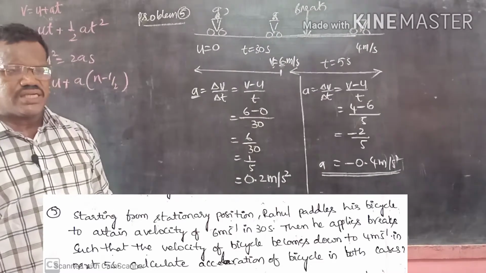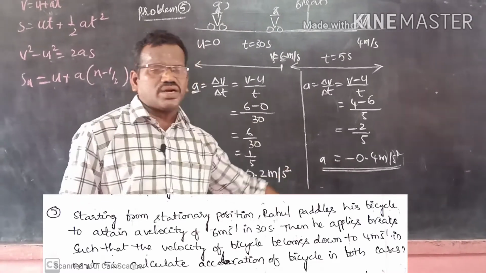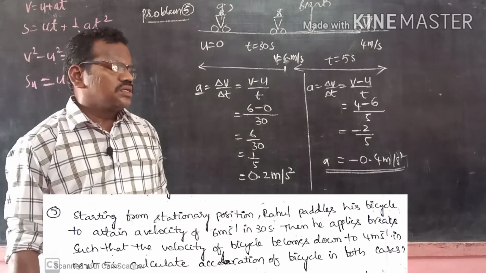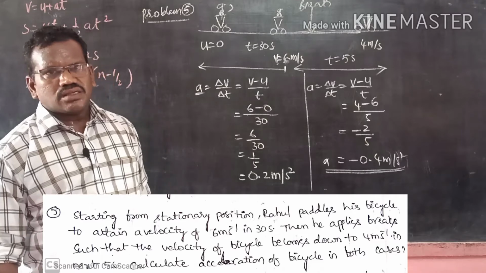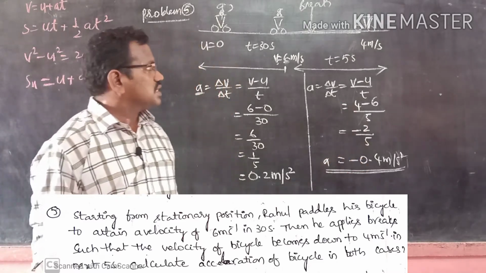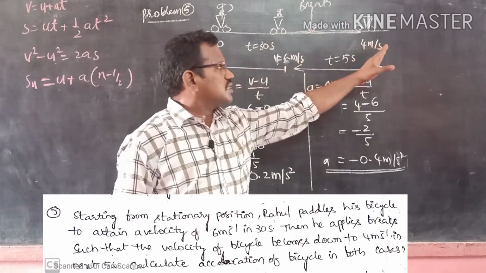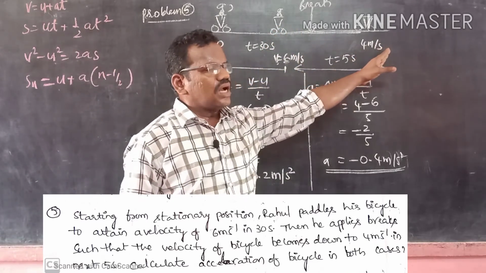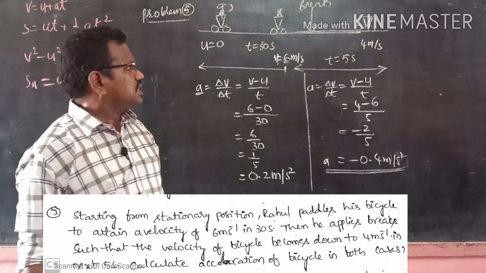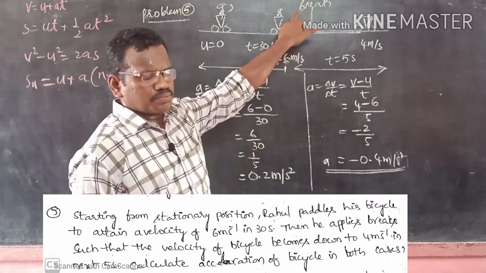Here we got the acceleration as minus. What does the minus indicate? Minus indicates the body is moving with deceleration or otherwise retardation. Why? Because negative acceleration is called retardation. See, the speed of a bicycle is gradually decreasing, and after a certain time it may come to rest or not. That's none of the business. Why? Because he applied the brakes.